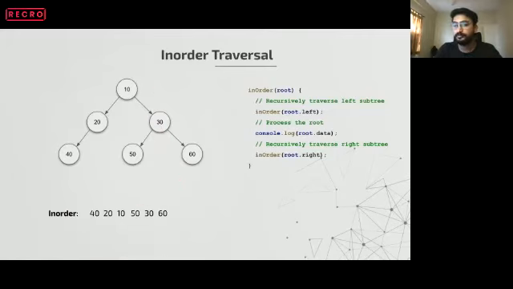Cool. So this question: can 50 be the right child of 20 and left child of 30 simultaneously? No, this particular node cannot be a child of two nodes. That is not the ideal structure. Then we are not in a tree, right? Then we'll be creating a sort of graph. So that is not how we design a tree. Okay.